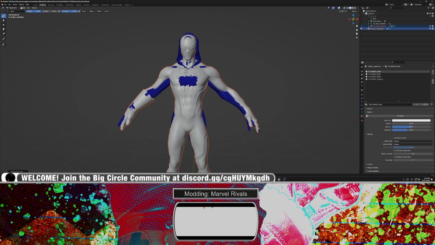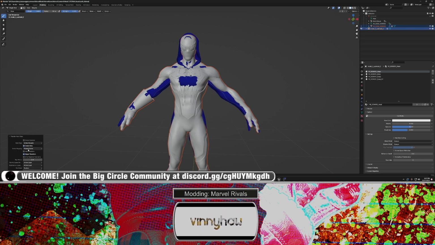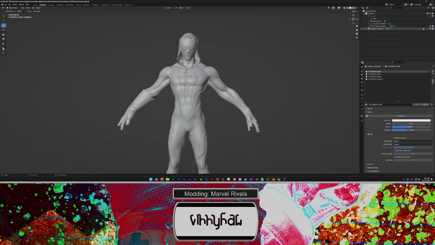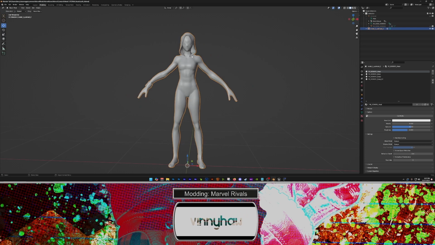In the bottom left, hit Transfer Mesh Data. We're going to change the vertex mapping to Nearest Edge Interpolated. Change the radius to 5 meters, so 5m. And source layer, click on active layer set by name. Okay. Immediately, let's go back to object mode, and let's hide Spider-Man. Click on Gwen,